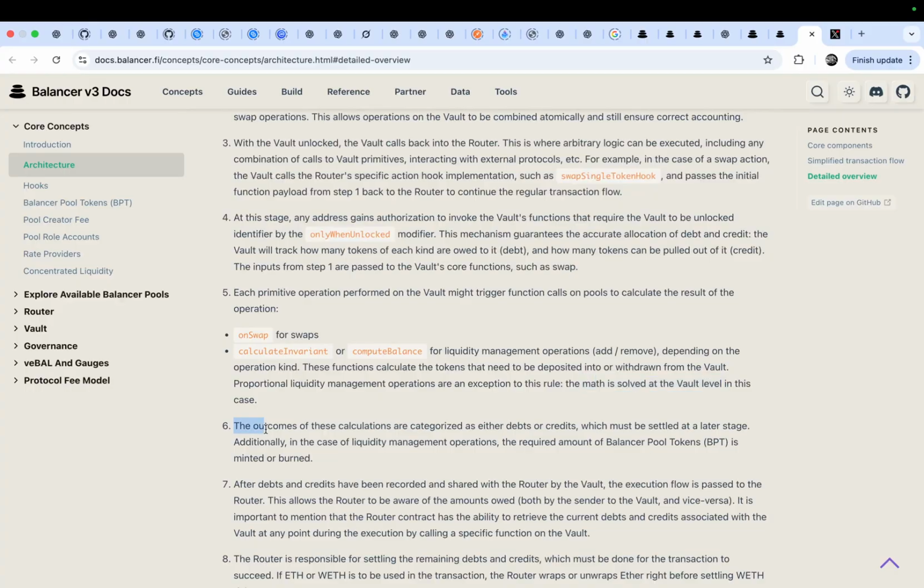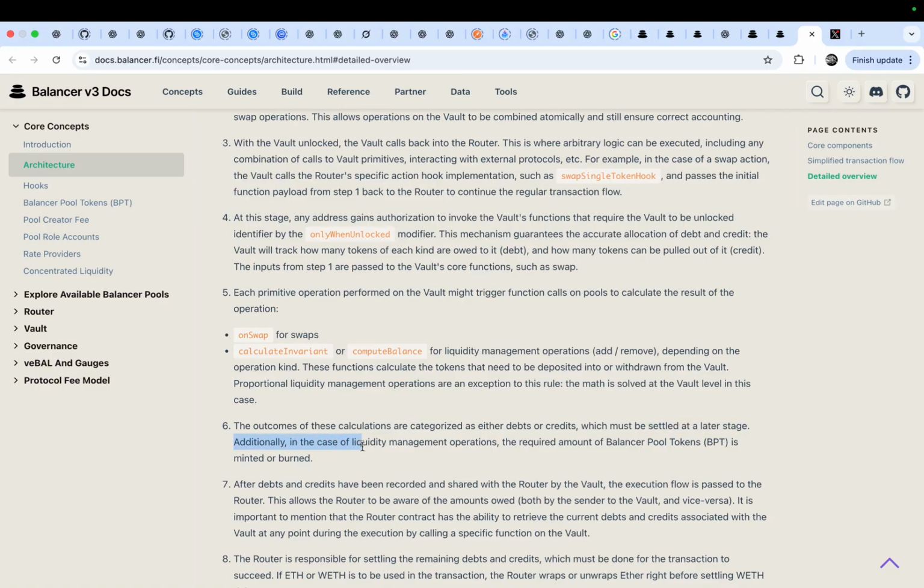And the outcomes of these calculations are categorized as either debts or credits, which must be settled at a later stage.